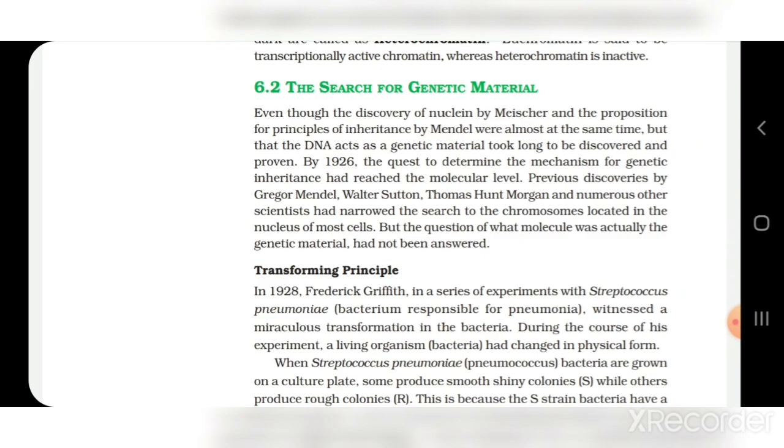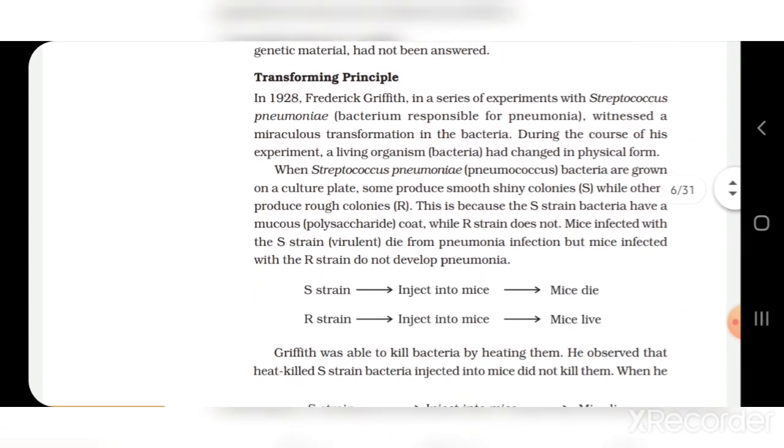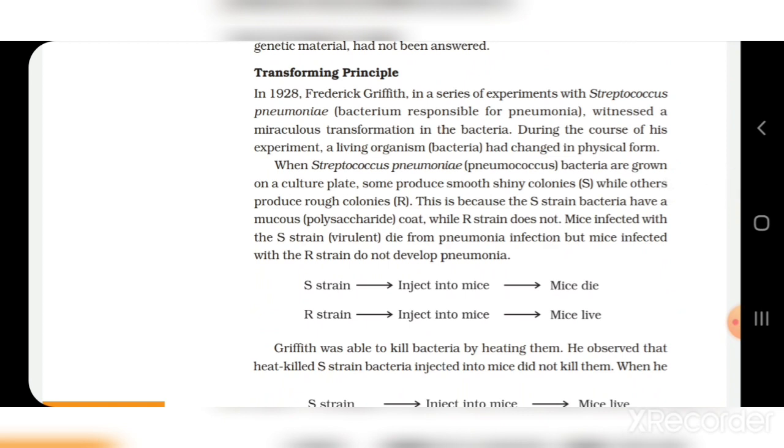The first experiment which we will go through for the search of genetic material is the Griffith's experiment on bacterial transformation. This is also known as the transforming principle. Frederick Griffith carried out this experiment with Diplococcus pneumoniae, and Diplococcus usually causes pneumonia in animals. He grew the bacteria in culture plates and found that they produce two types of strain: the S strain, which is the virulent, and the R strain, which is the